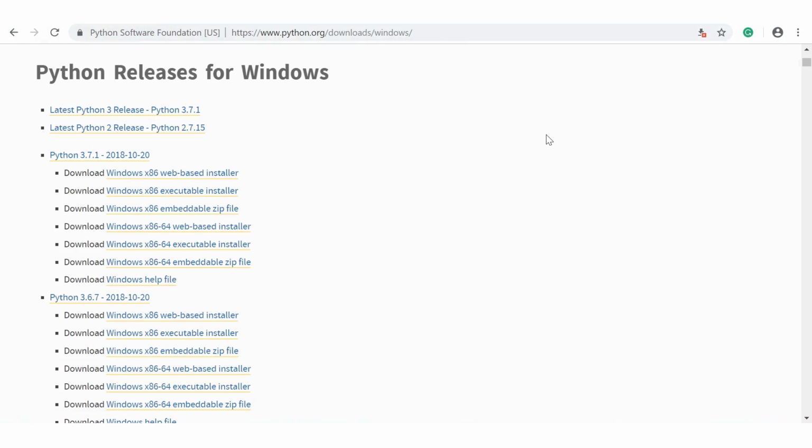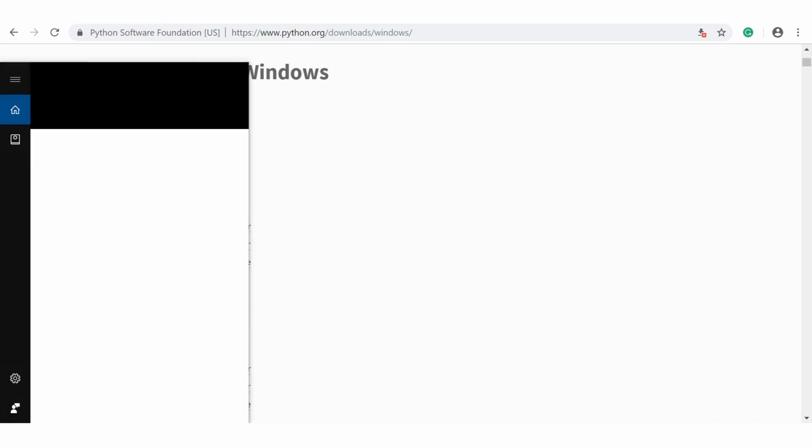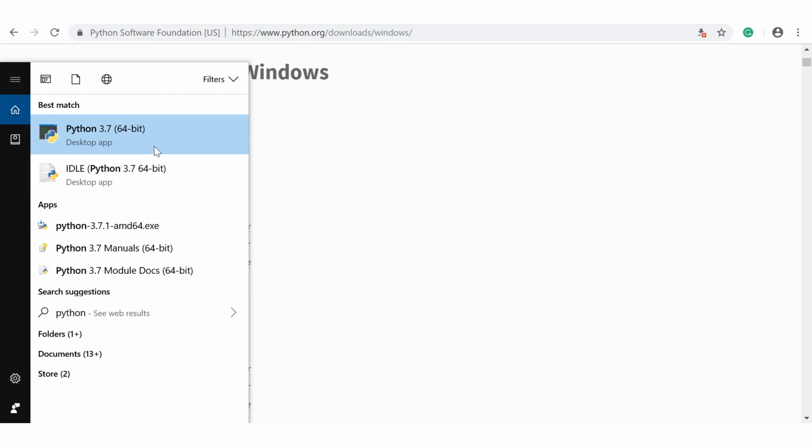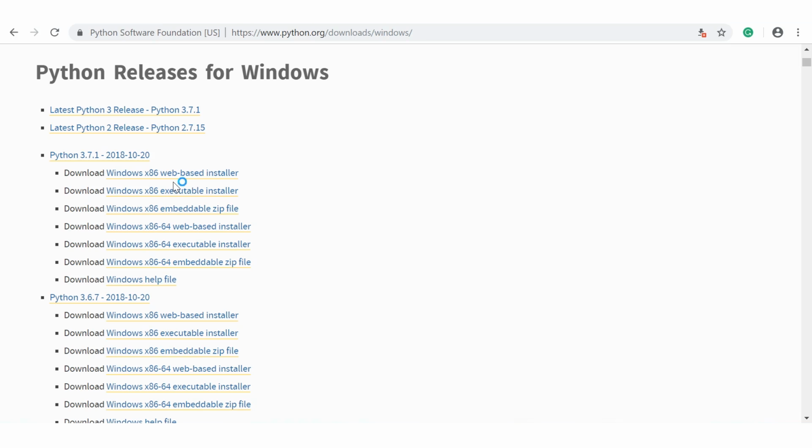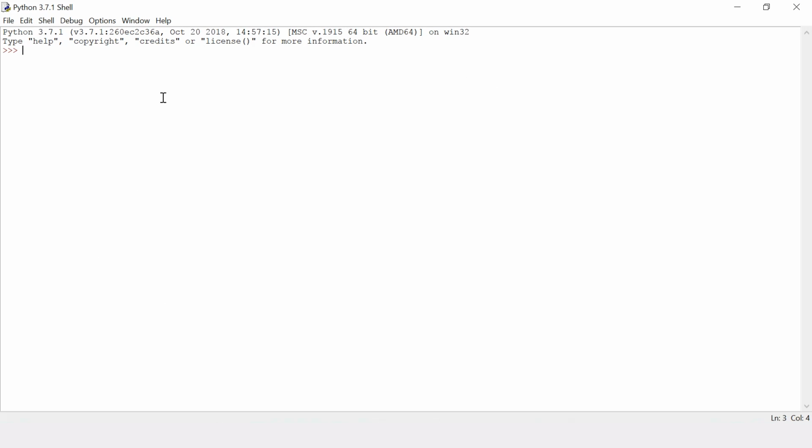Before we wind up, let's just test if everything's working fine. So go to your search and type in Python. As you can see here, Python 3.7, which is the latest version, is installed. And then we also have the IDLE for Python, which is the Integrated Development Environment. So let's test this out first. Now, this is not the typical place where you program, but you can have one-line commands here. So to test this out, I'll just have a print command. And enter. So hello world is printed.